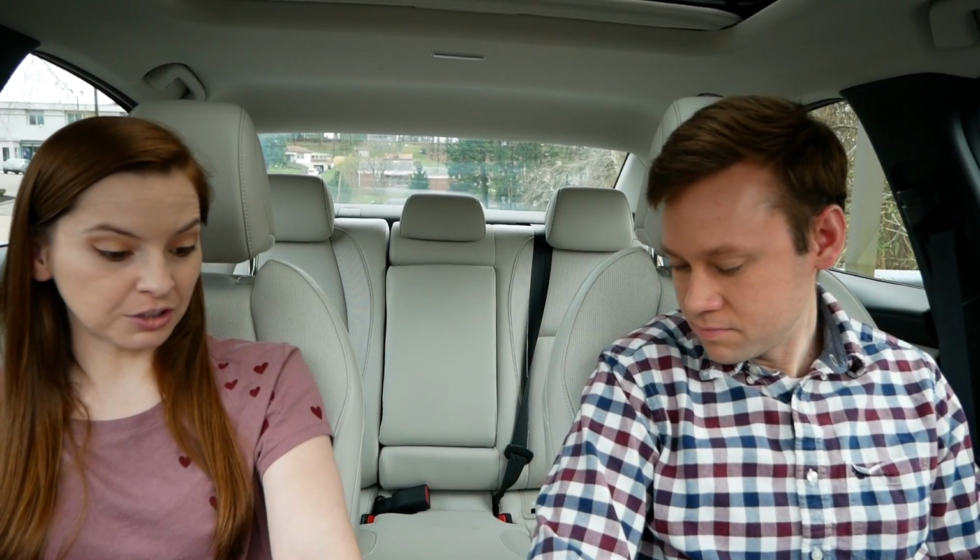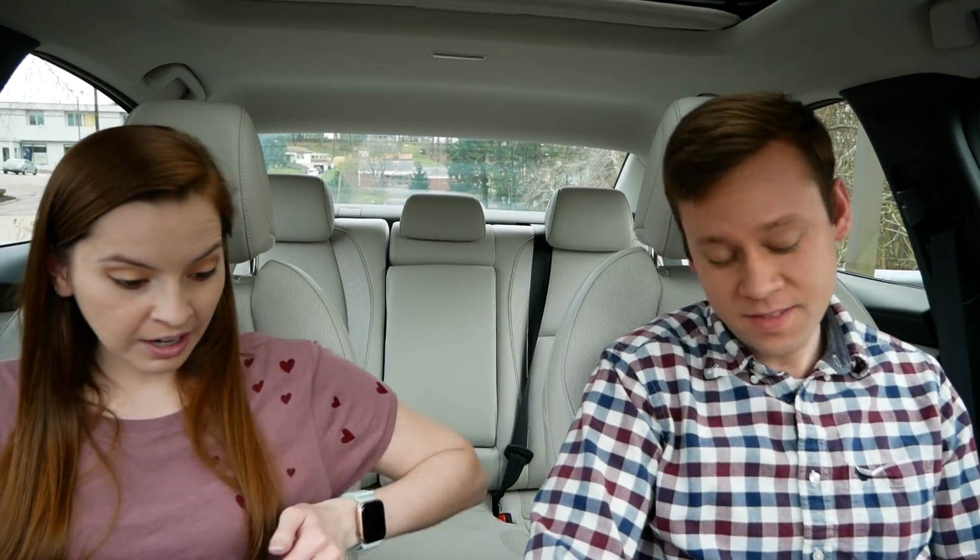So yeah, and I'm sure if your seat was pushed forward too, that would be way harder for somebody shorter to do. That's a good point, yeah. Their arm probably can't go back that far. Yeah, if I were up here closer and I had to go that, it would really be a reach. Just weird things that Mazda's trying to help with, but I think it hurts in the